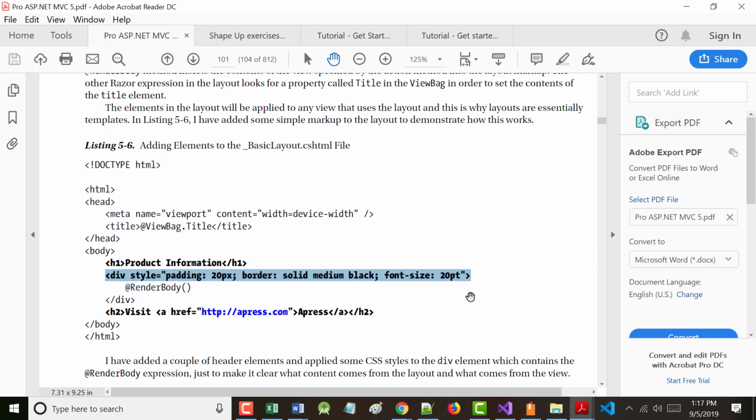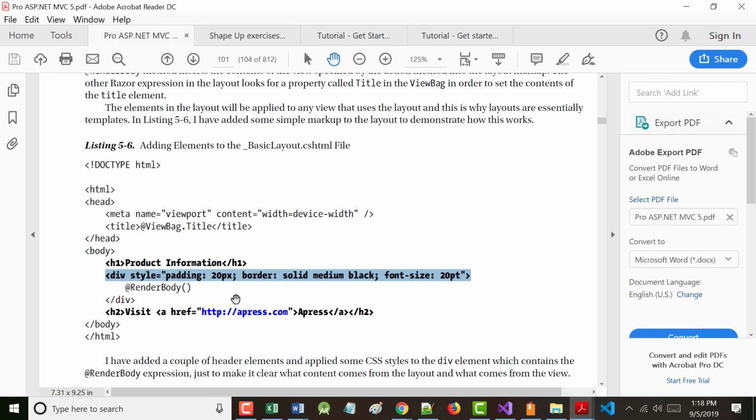Considered bad programming practice, but the author does it because it's a simple little example. So we'll have 20 pixels of padding all the way around, a solid black border, and our font size will be 20 points. And then we render the body. Then outside of the div, we're going to have an H2 that says, visit Apress.